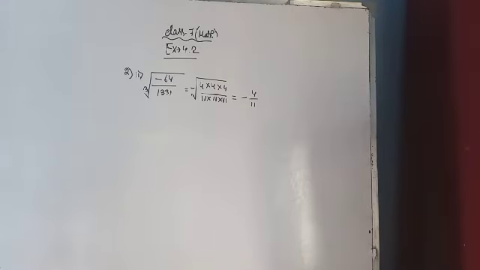So your main aim is what? Your main aim is to make groups of 3. Whenever you are able to make groups of 3, then usually you can solve this problem. Okay. So in this way you can solve all the problems from there. Now next, suppose question number 4.